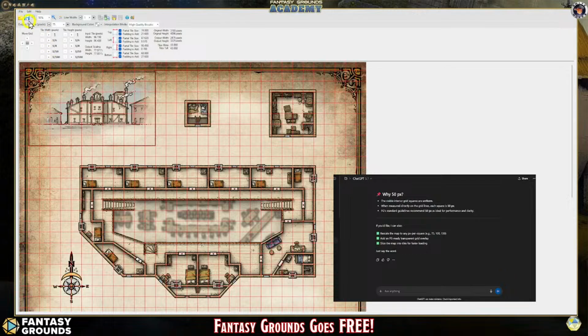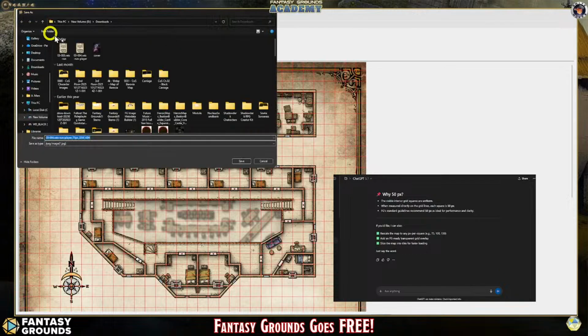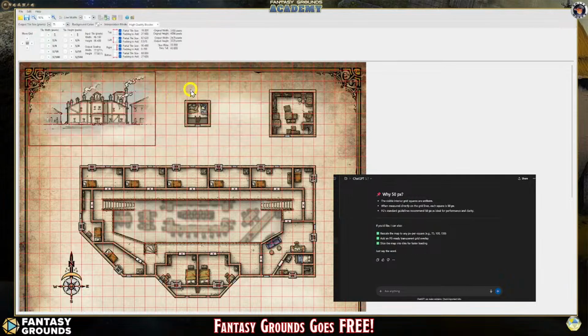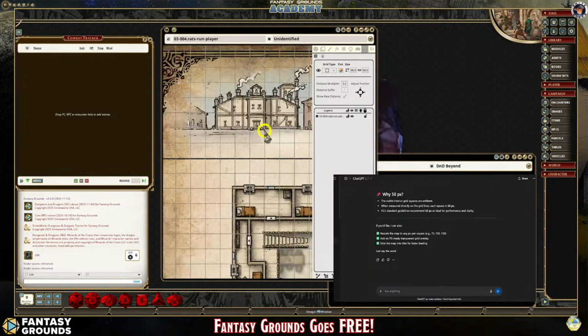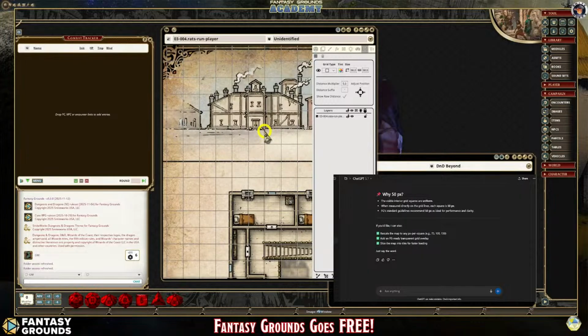So then what you do is you save this. And this is a JPEG, so we can actually even make it smaller if we wanted to by converting it to WebP. I'm not even going to use this map because this is all jacked up. So this is the kind of stuff you're going to have to deal with